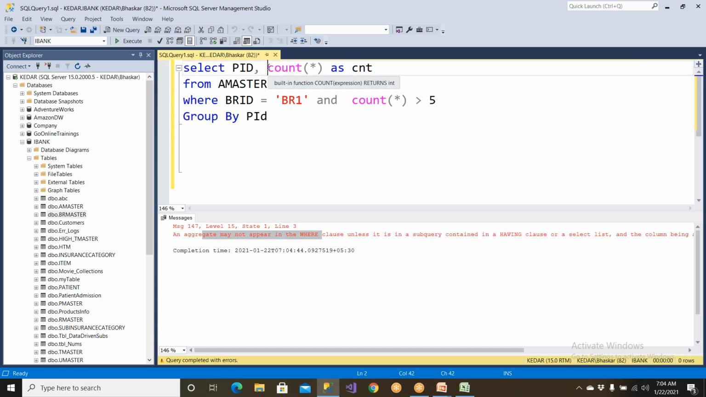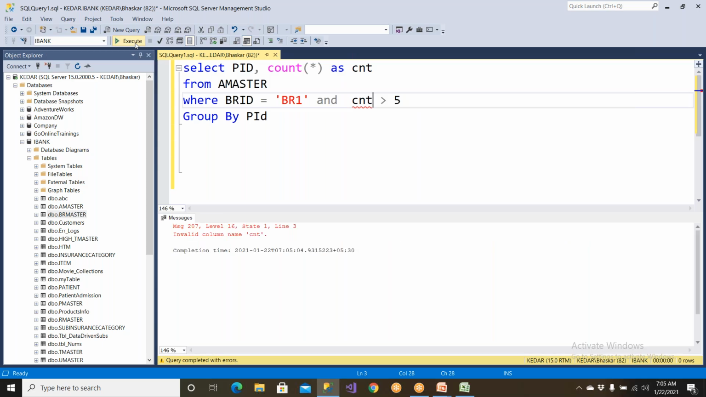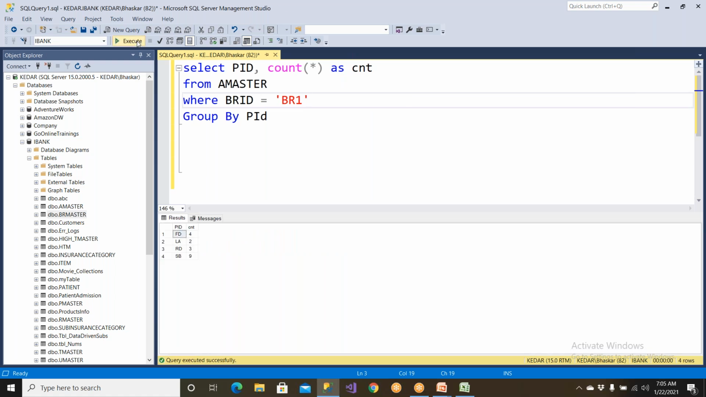You think, "So I should not write it like this; I can give it an alias." You may think like this also: count greater than 5. Will it work? It is not going to work. Clear? So the HAVING clause has to be used after grouping,